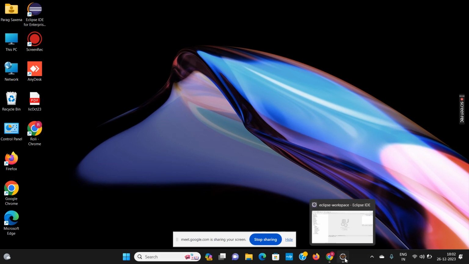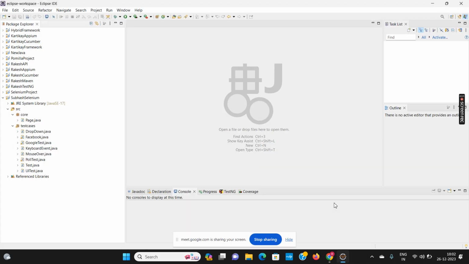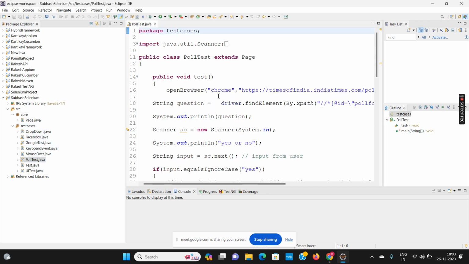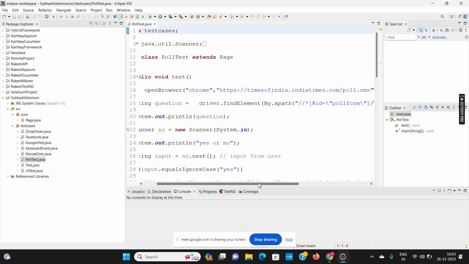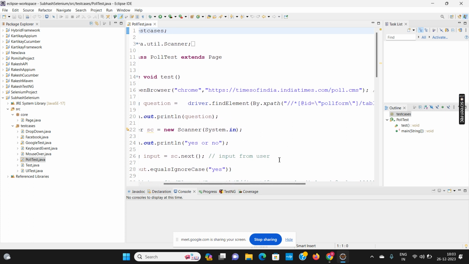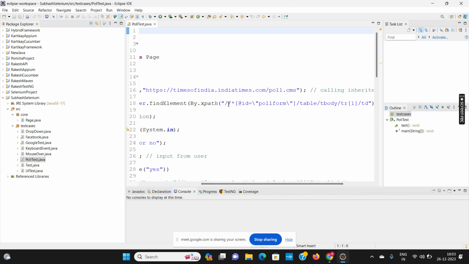In today's session, we'll be discussing what is external XPath, what is the use of external XPath, and how to create dependent test cases which we can run together. First of all, when we were writing our program, we were writing driver dot find element by XPath, and we were writing this XPath inside our program,